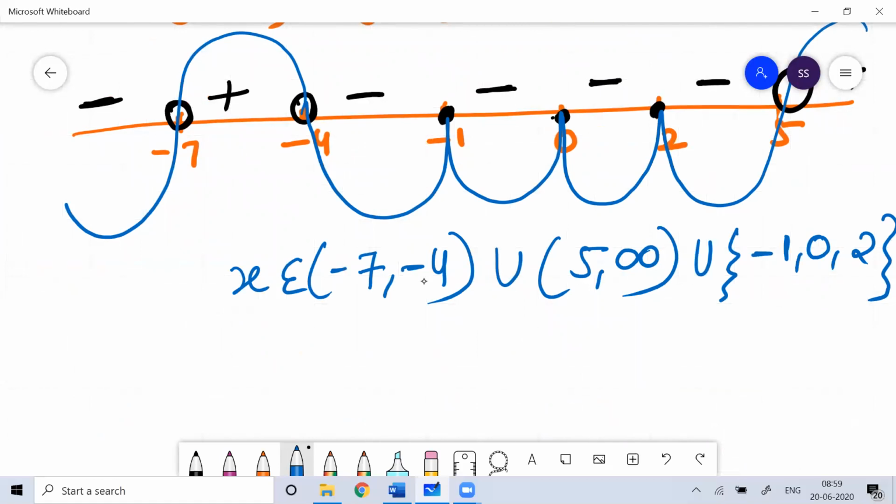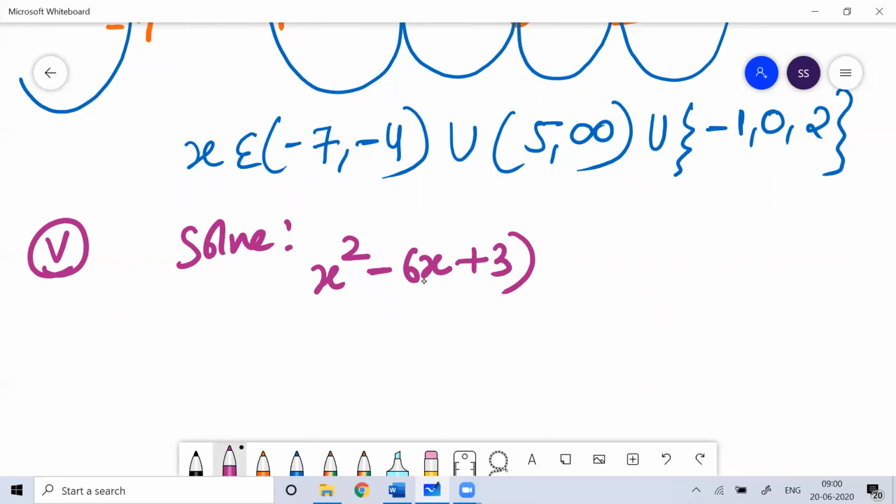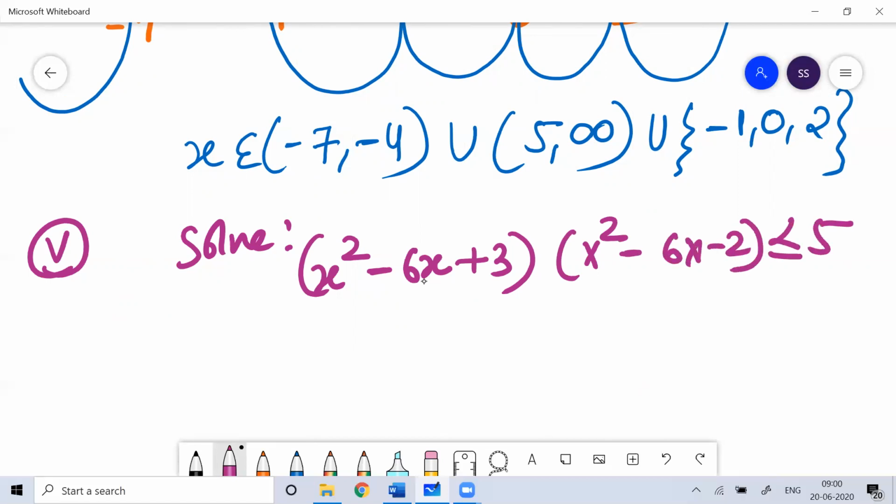So the last question. I believe by this much, you would have developed a lot of confidence. I believe working on inequalities, by working on the approach of the wavy curve method, I don't think you will have any difficulty with the wavy curve method. You can easily solve the problem based on the wavy curve method. Working like this will not be a problem for you.